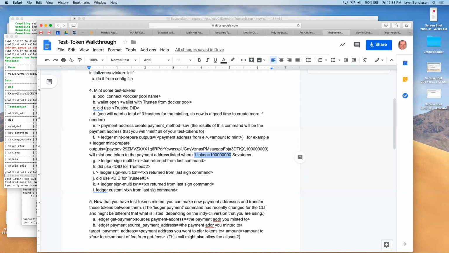This is just for the test tokens, where I have the ability to just mint them out of thin air. For your network, you as a trustee, remember the Auth Rules table? You can mint them. You can configure it so anything can mint, so that kind of defeats the purpose of using it for spam prevention. So in the case of the live network, you'd say three trustees have to sign it. And then those tokens are tied to my network only. Right, so other people would have theirs. That's right. So I could create some new firmware for some of my old ASIC miners and claim that they're sovereign claim miners.